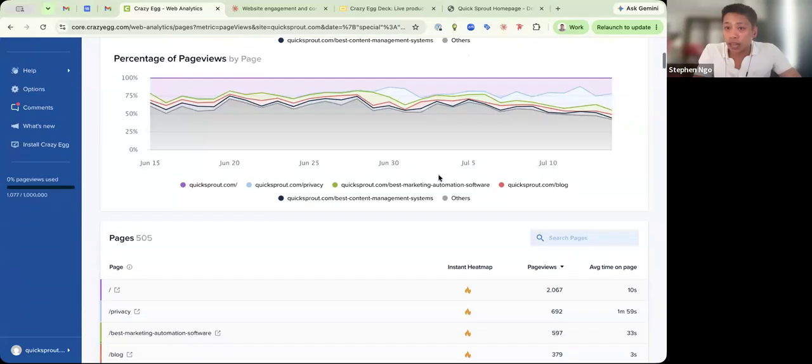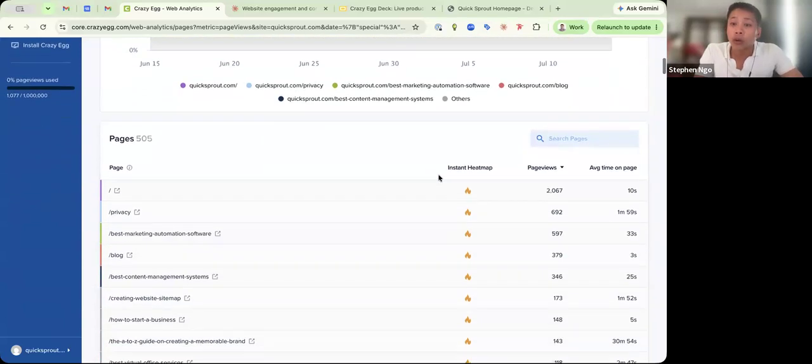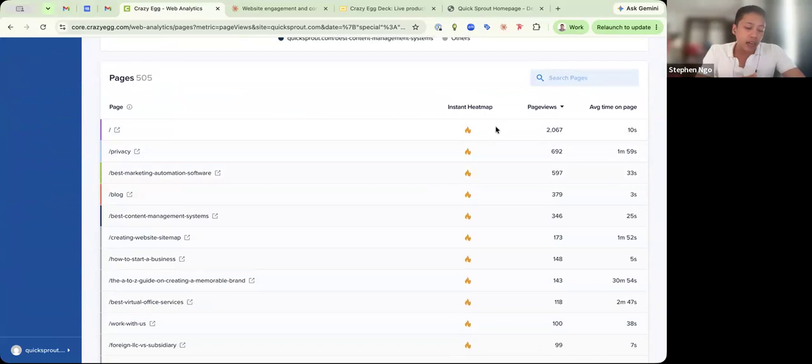Now, one additional feature, which you may not have noticed here, is something called instant heat maps. Think of it almost as a heat map preview, because obviously we're going to look at heat maps later, but sometimes you might have a bunch of pages, say a lot of blog posts, and you're not really sure if a blog post is getting enough traffic or enough engagement, enough clicks, to be worth setting up a full heat map report in order to analyze it. So by default, we automatically create an instant heat map for every page that you have tracked in Web Analytics, so you can preview the traffic and the click data on that page